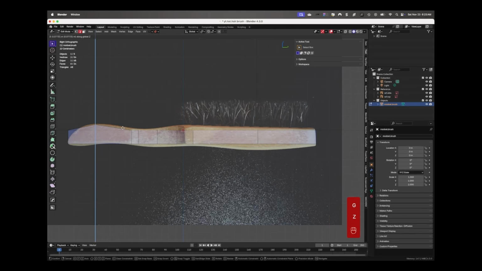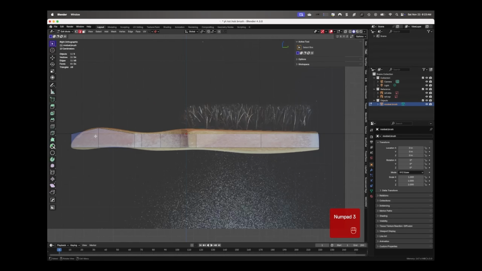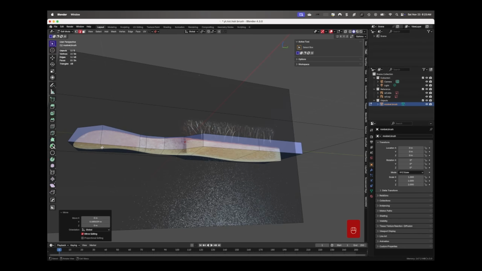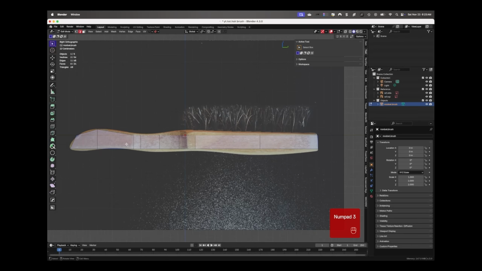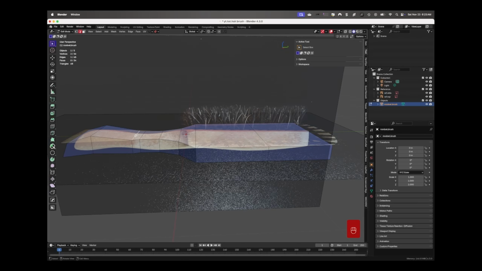So let's just bring this up here on the handle. I want to taper that back part in, because when we run the subdivision surface modifier, we're going to let it do most of the work. So most of the curvature, we're going to let that modifier curve everything for us. But we just want to guide where it needs to be straight and where it needs to have structure, as we did in the lamp tutorial.